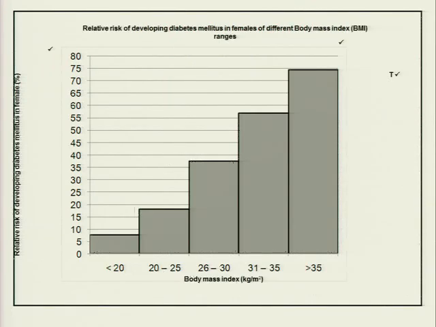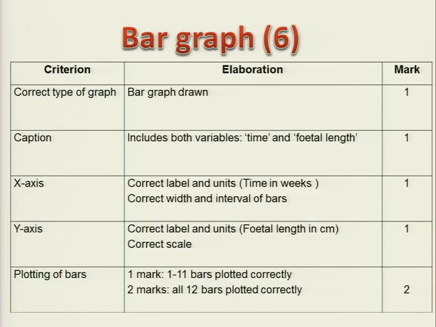This is the example of the histogram. The histogram has to have the same scale, the same size, in other words. And we look at them, they are all equal. If you look at those scales, the first, the second, the third, the fourth, and the fifth one, they all have the same size. So even in this way, we still mark for the heading, we mark for the x-axis, we mark for the y-axis, we also mark for the plotting of the histogram.